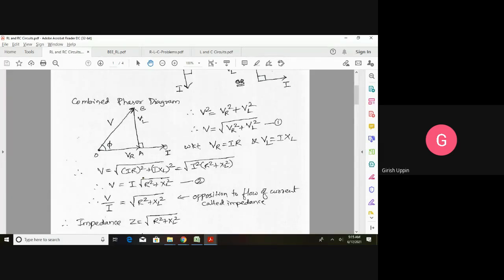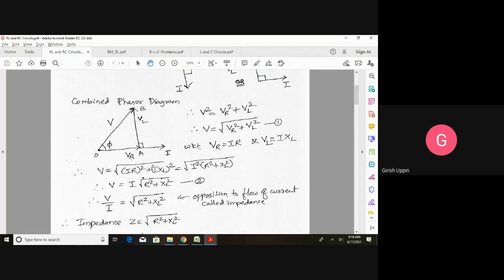And what is the relation between VR and I? They are in phase. And assume that there is no resistance, just the inductance is there. Then you can see this VR will get removed. VR will become 0. Only inductance is there, so we will have VL. Then this point will come here, then V is equal to VL. And what is the relation between voltage and current? Current lags the VL.